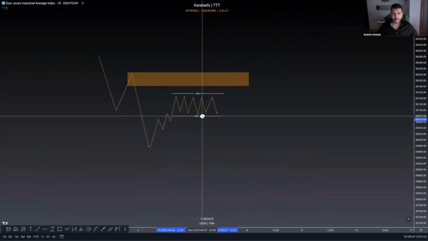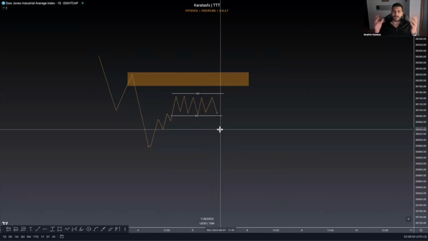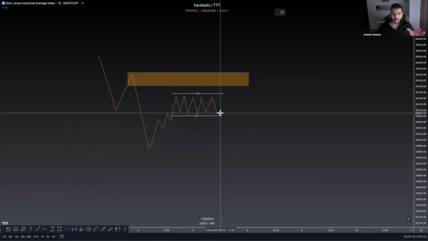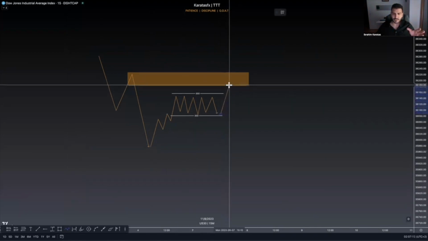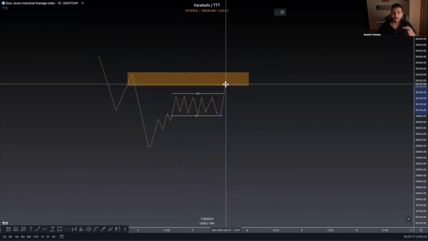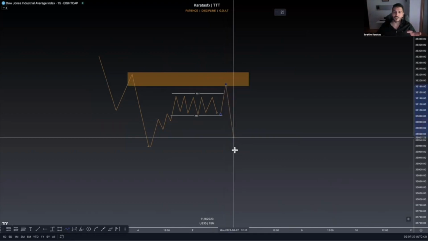So if this happens below our supply level, just be patient, wait, because these are most likely textbook scenarios. If a liquidity engineering happens below your supply level, because most of the time what we will see is this, to grab these highs, fill our imbalance, mitigate the supply zone, and from here we're going to see this,